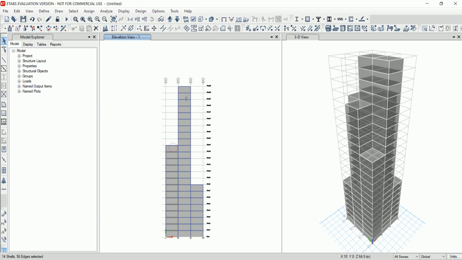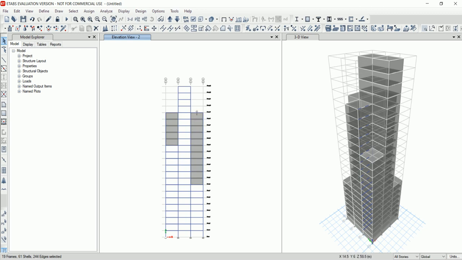Select all the claddings of elevation 1, elevation view 1. Then go to elevation 2. Then select all the cladding shells. Then go to elevation 3.